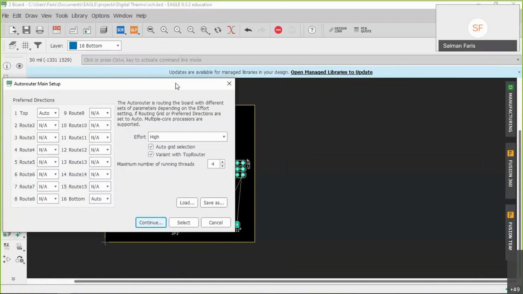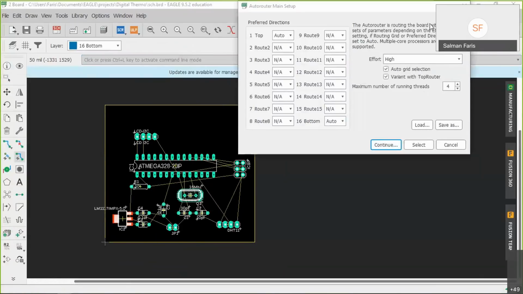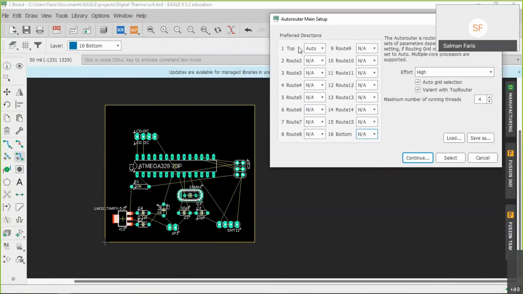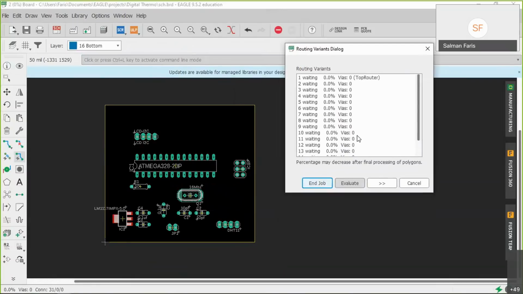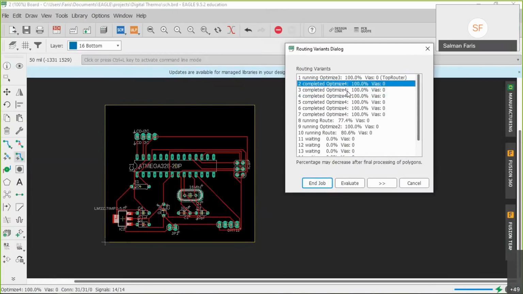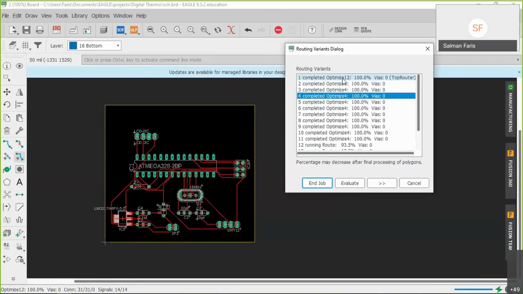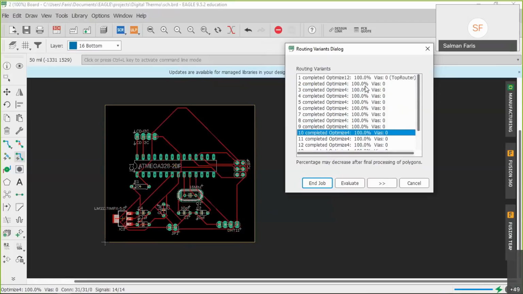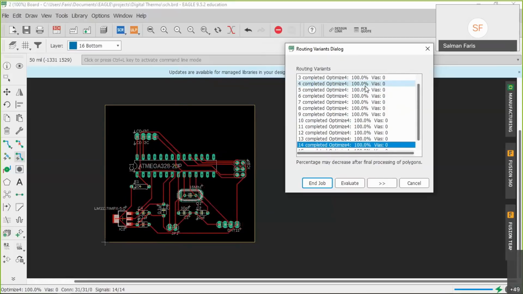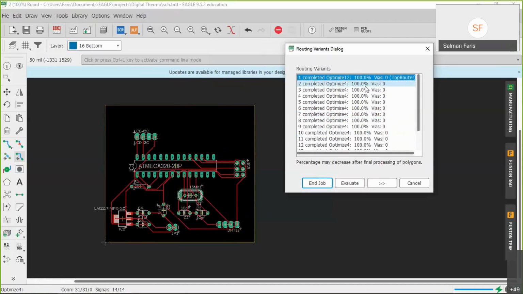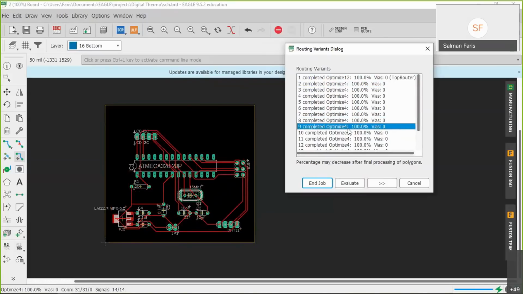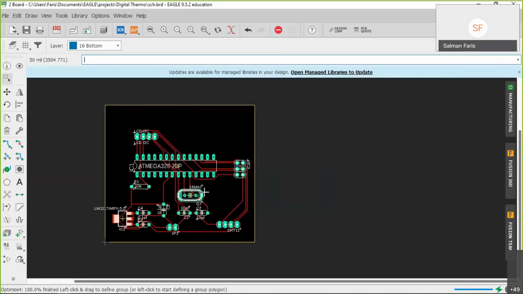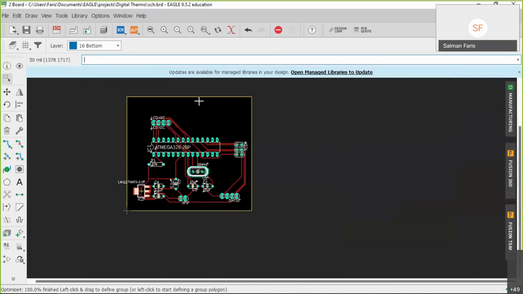We can try another router. Yeah, we are using only the top layer. Okay. There are different kinds of iterations, different kinds of models. You can select one. I think this one looks good. I can select this one. This one is fine. Okay, I use this one. Okay. Next, we